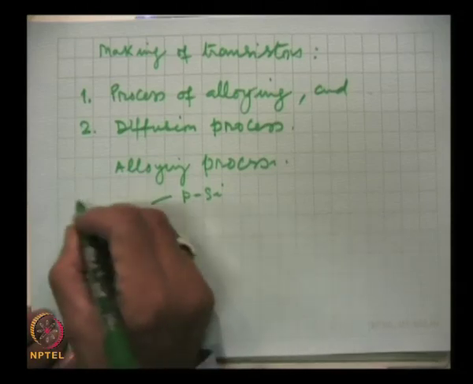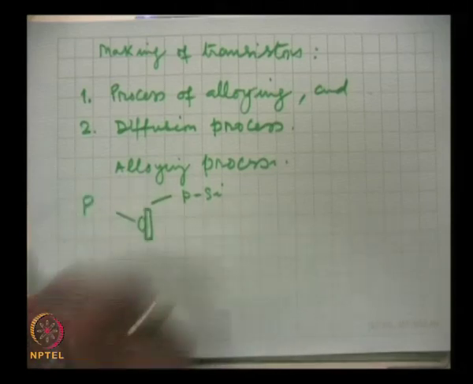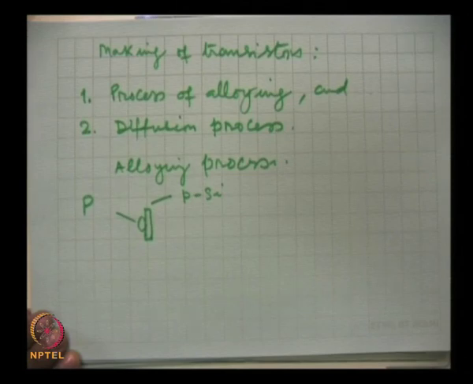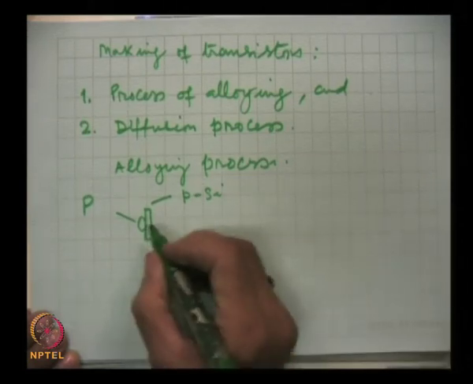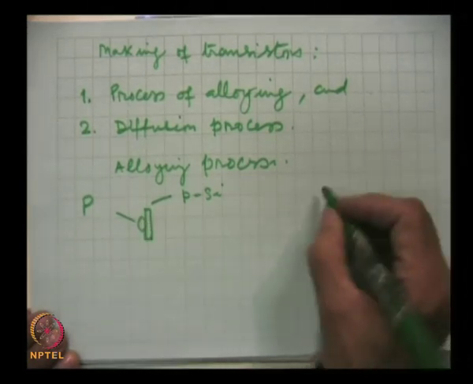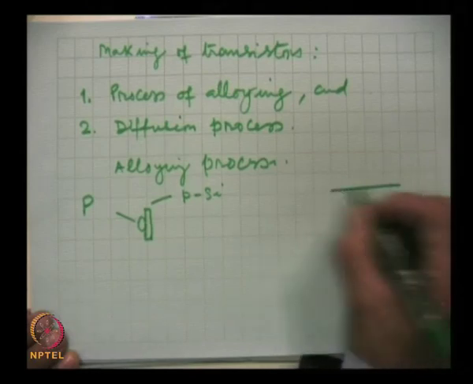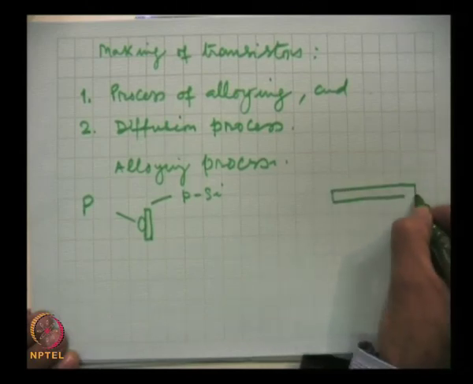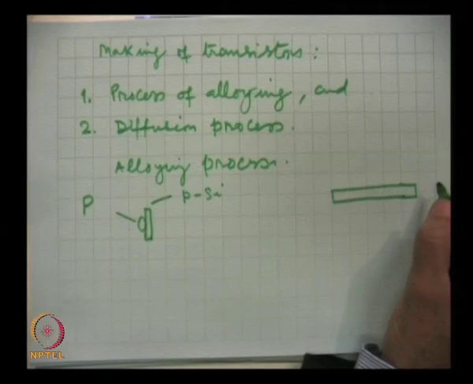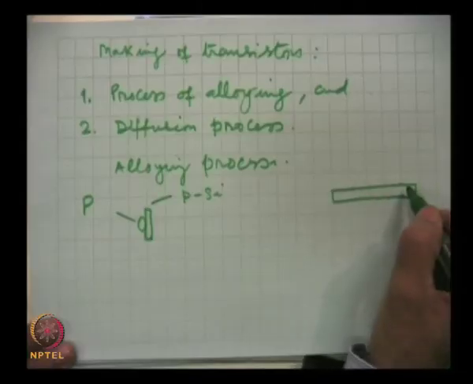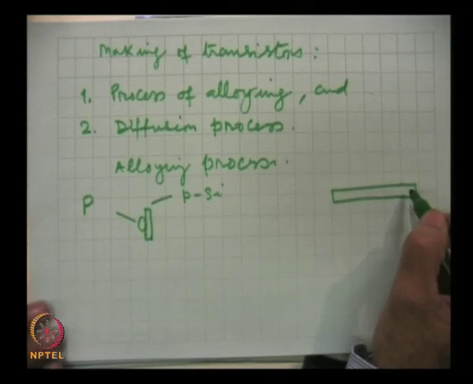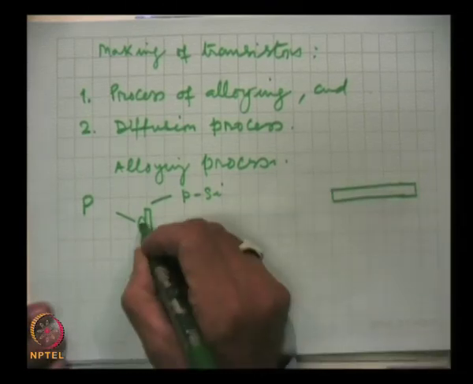This is like phosphorus, a pentavalent impurity. Actually, there is a large crystal and the thickness is very little, almost a millimeter, but this size can be 2 inches, 4 inches,